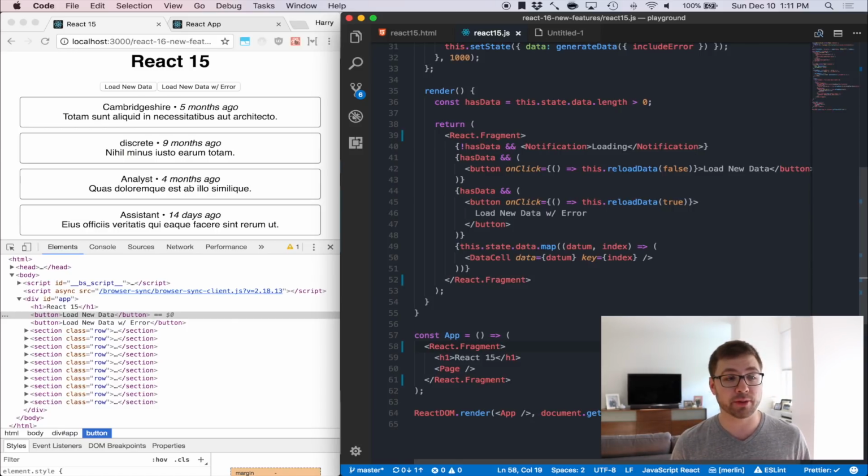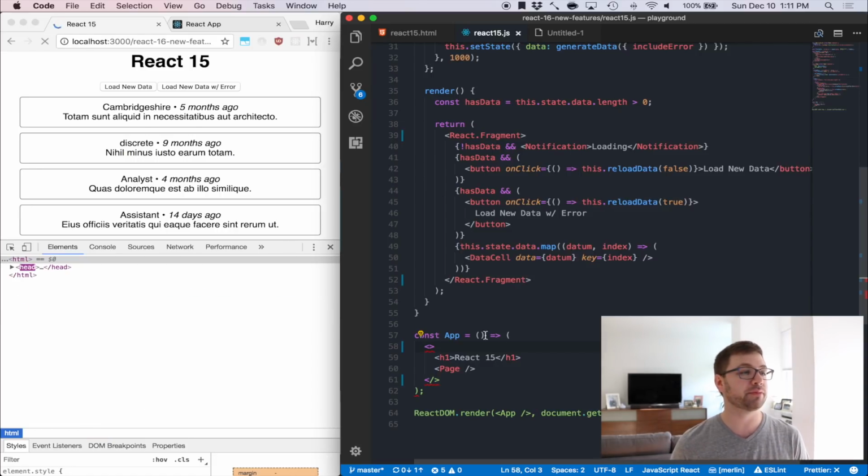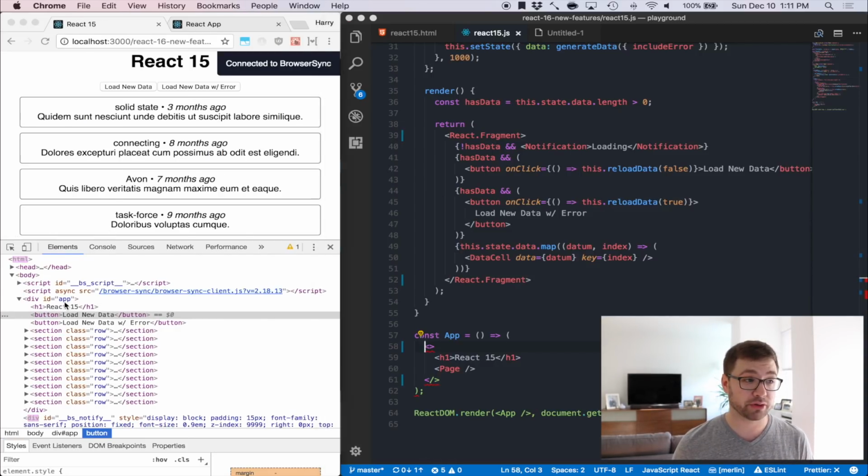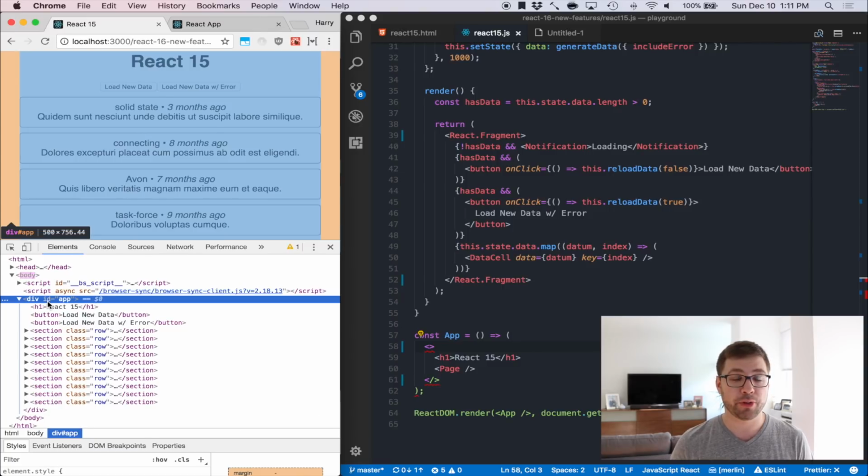So rather than having to use this component, instead what you can actually do is take those, delete that, and use this new JSX fragment syntax. We hit save, and everything still works as expected. What this JSX transforms into is React.Fragment. But this is some sugar that you can use if you don't want to always have to import the Fragment